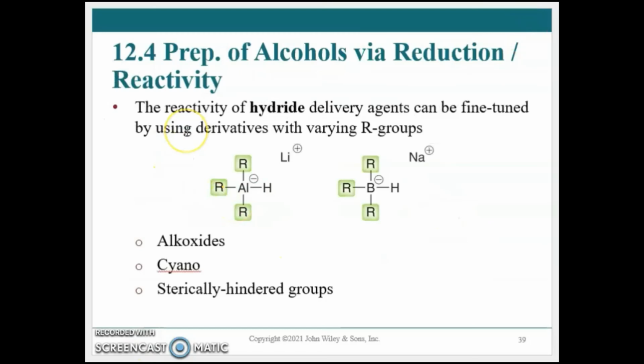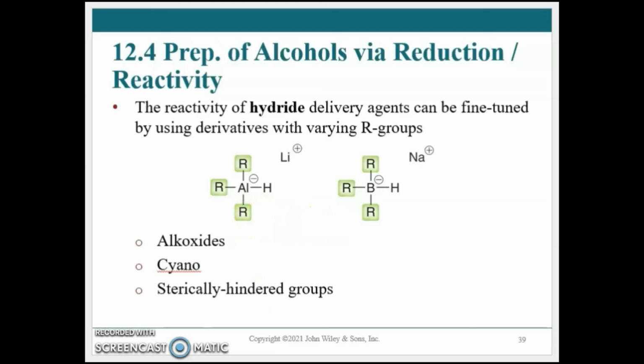So the reactivity of the hydride delivery agent can be tuned using different derivatives with varying R groups. It's difficult to handle lithium aluminum hydride even at lab scale. In large scale, lithium aluminum hydride is not used because of the handling and reactivity issues, and these analogs are common for large scale reactions. You don't need to know that for any quiz or anything, but just recognize nobody's charging a 1,000 liter reactor